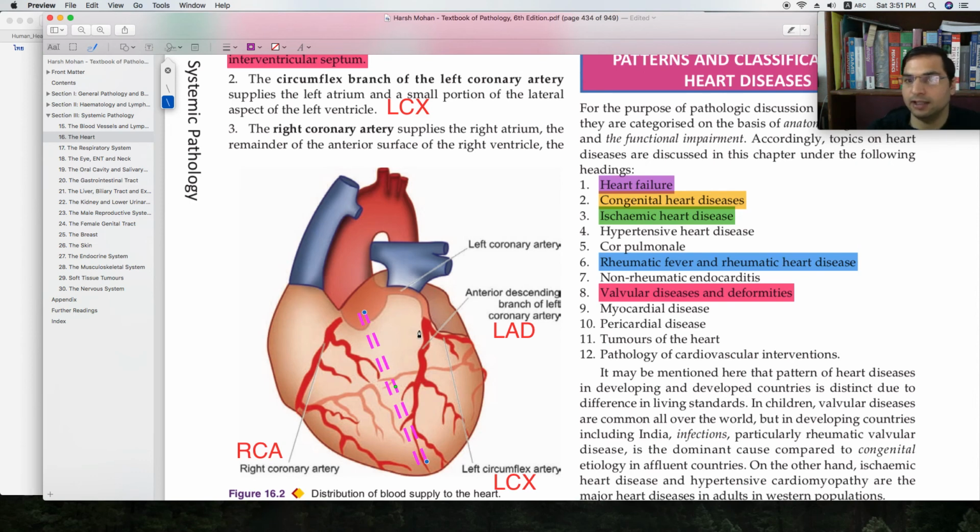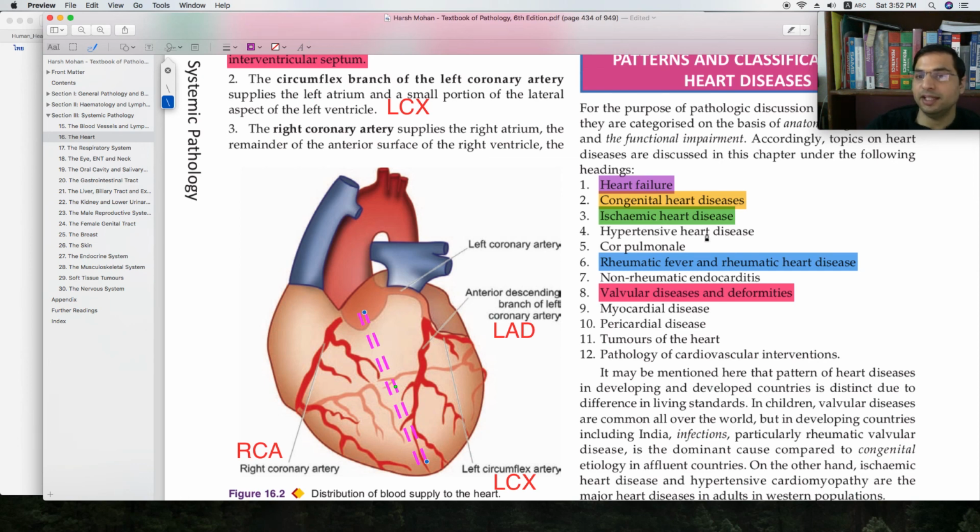First category. The second common category is ischemic heart disease. When these blood vessels, the right coronary artery and the left coronary artery and its branches, have some defects, then the muscles of the heart, the myocardium, will not get enough blood supply, enough oxygen supply, enough nutrient supply. That can lead to heart death. So that is called ischemic heart disease, right? So that is called pump failure. The heart can no longer pump.